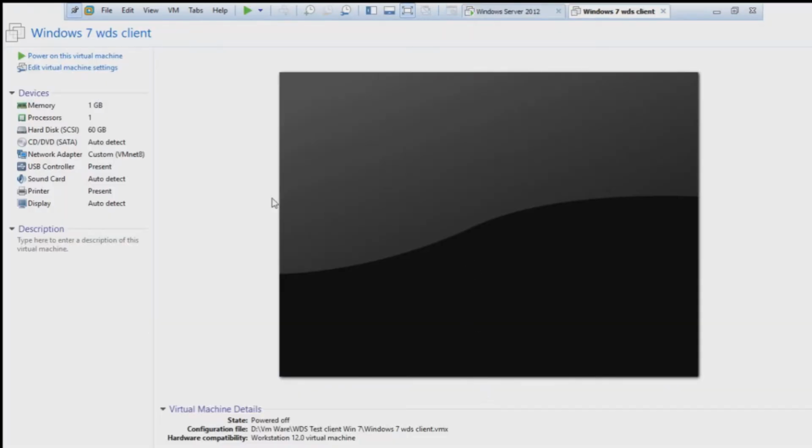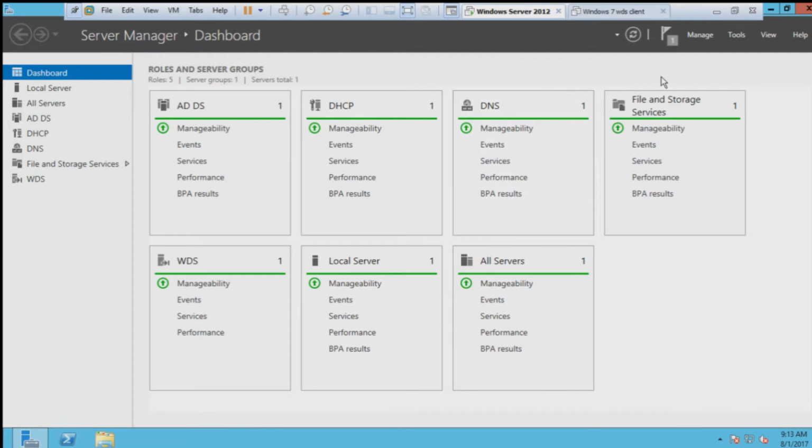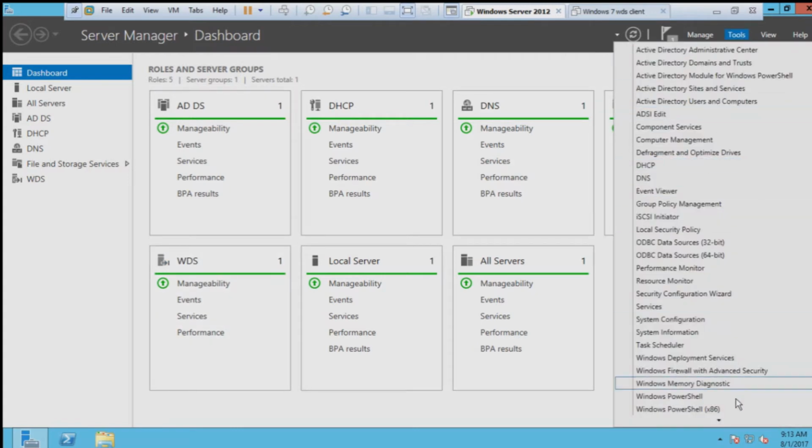So this client machine, the testing machine, is ready, our virtual machine is ready, and our WDS role is installed now. You can see there the installation is successfully completed. So click on close, and now you can see there the WDS server is installed there. Now we need to click on tools, and you can find there Windows Deployment Services,